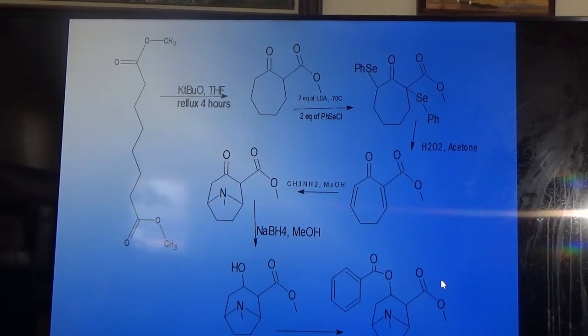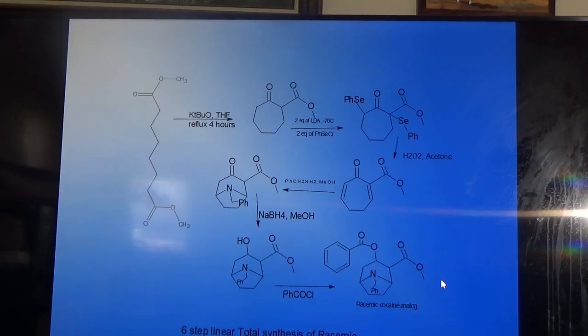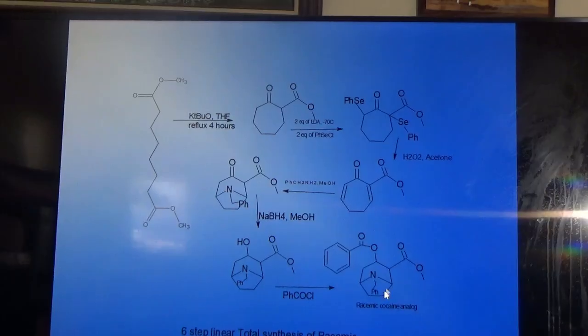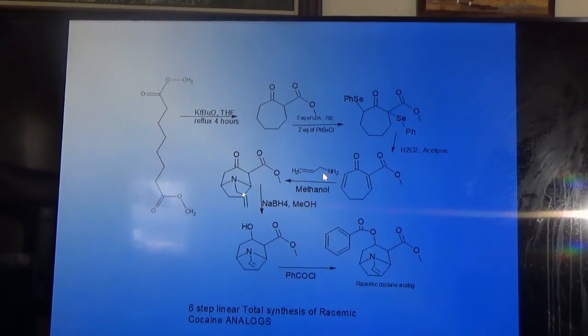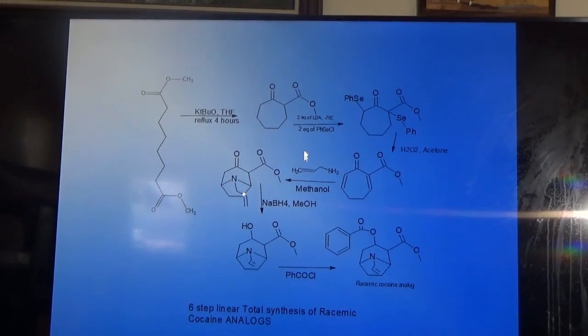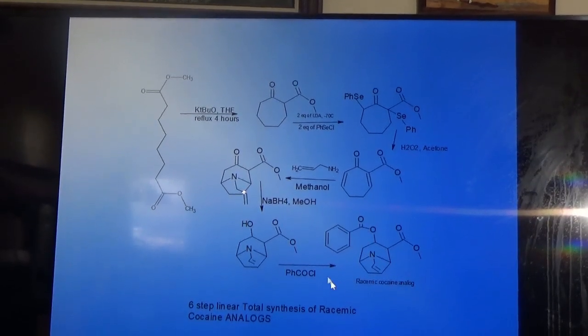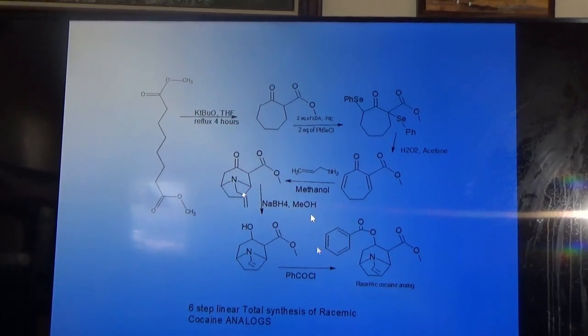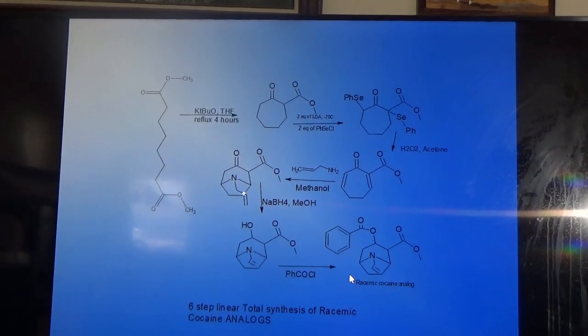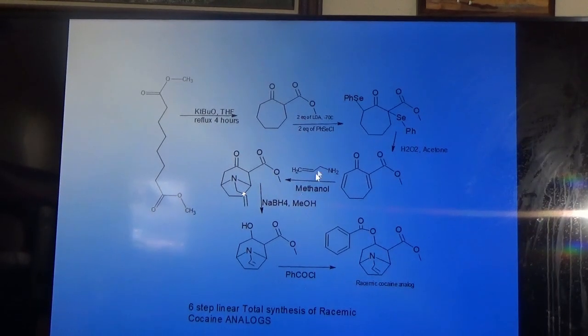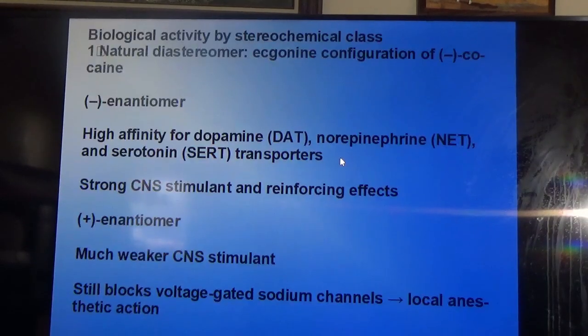So having made the racemic cocaine, we can make analogs. Instead of methylamine, one can use other primary amines, such as benzylamine for one example, which gives the analog with the benzyl group here. You can use allylamine, we did, and we got excellent yield. Just like methylamine, you get the allyl nitrogen. So the nitrogen methyl is replaced by allyl, and we also did tertiary butylamine, a primary amine, and that also added. We added several primary amines, and all of them gave the racemic cocaine analogs. So this is an excellent way to make analogs by changing the structure of the primary amine.